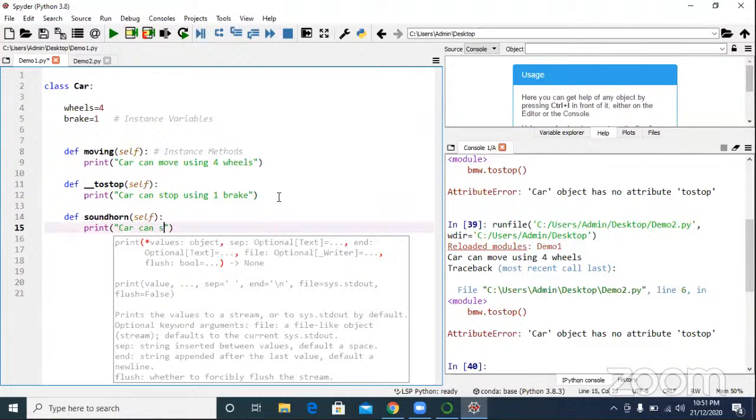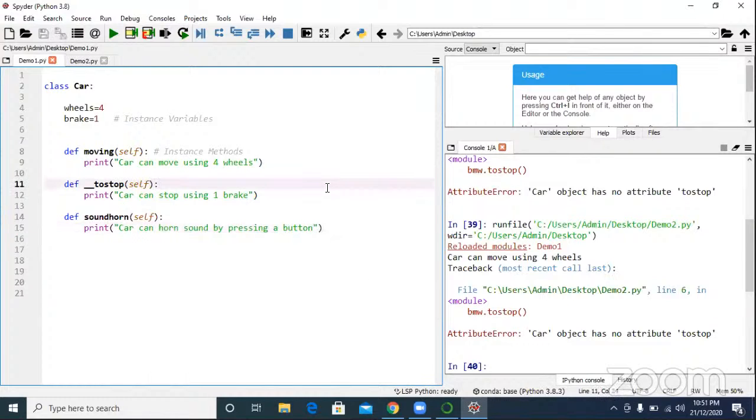Print in double quotes: honk and horn sound. So sound horn is a public method, right?